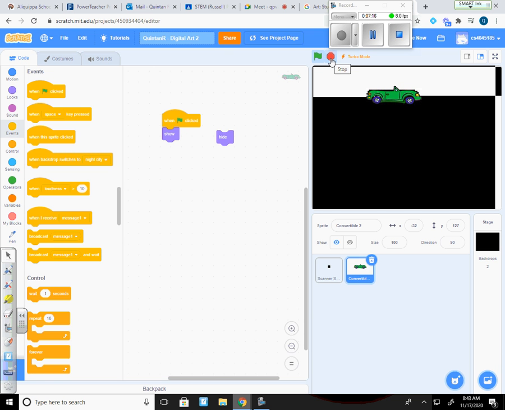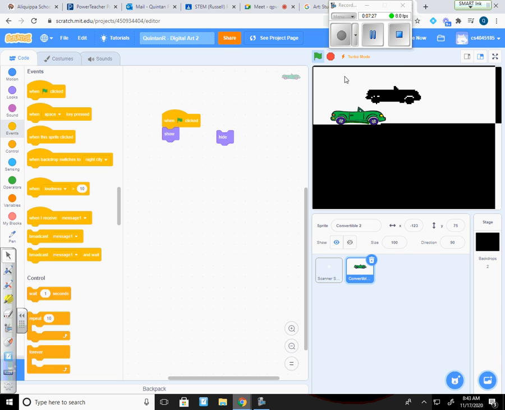But now we're going to make the other half of the program communicate with this part of the program, with this sprite, which we've never done before. We've always had it so that they were separate from each other. We're going to communicate now, so that I can actually make my car disappear. In order to do that, I have to do a